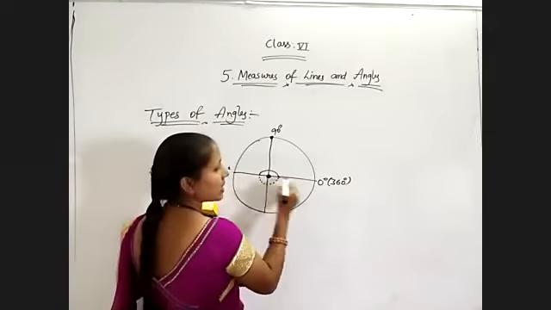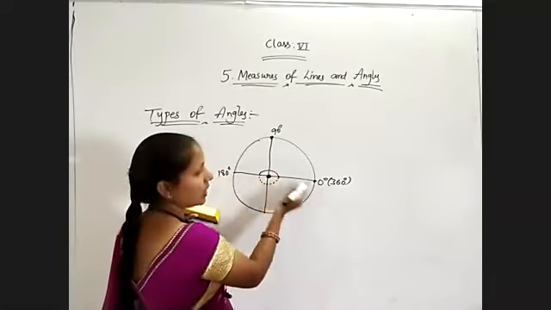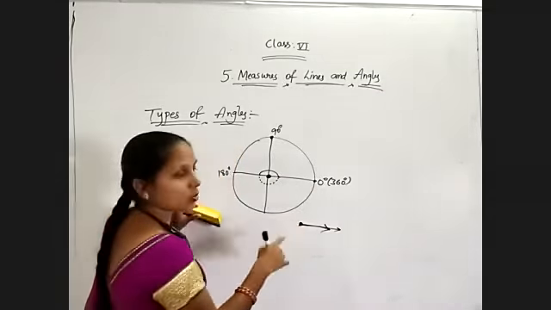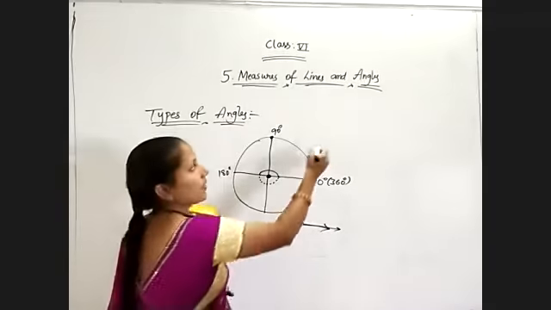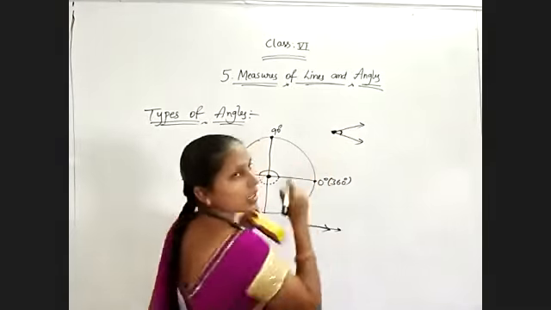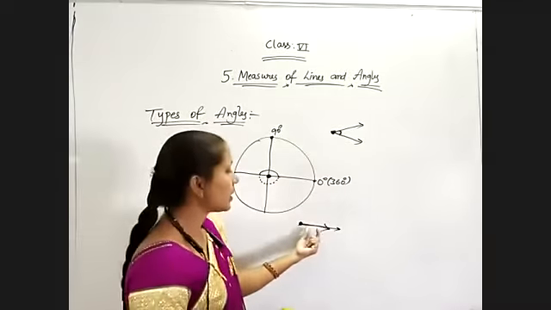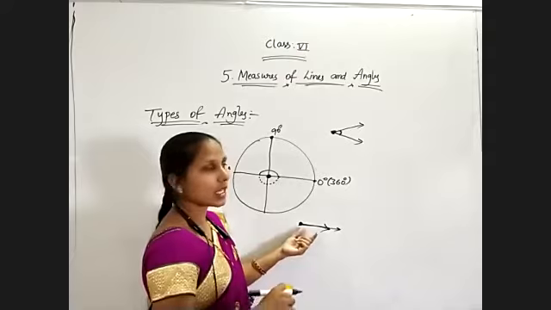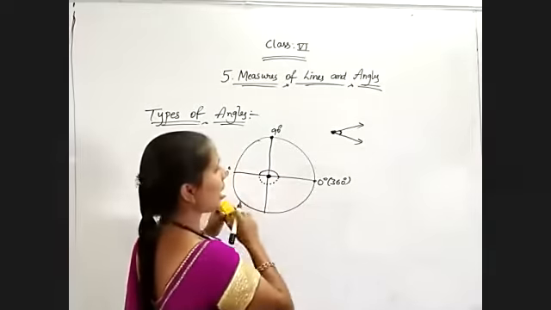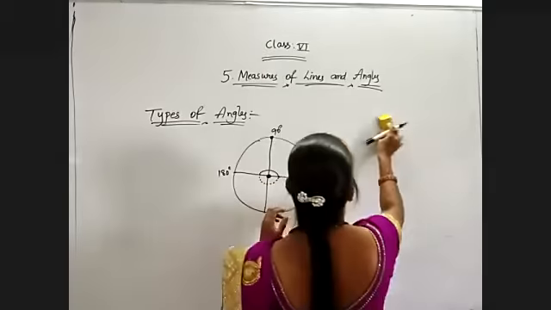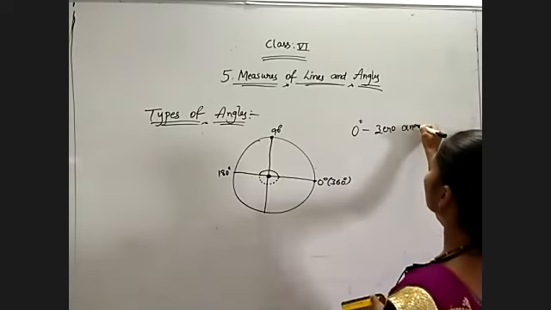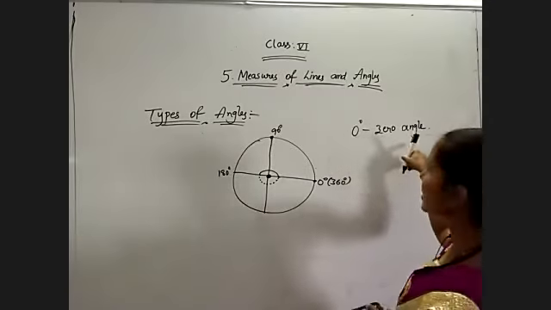Now observe it, at starting I don't have any angle. Both are at the same point, like this. Both the arms. When two arms are meeting at one common point, then only we are getting the angle. Yes or no? Now these two arms are meeting at this corner, then they are forming the angle. If there is no gap between two arms, then there is no angle. That angle is referred to as 0 degrees. And the measure of a 0 degree angle is 0 itself. 0 degrees is named as zero angle.